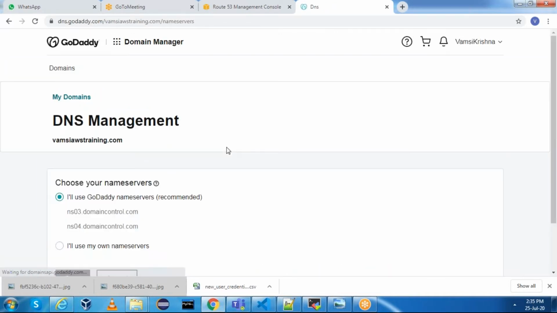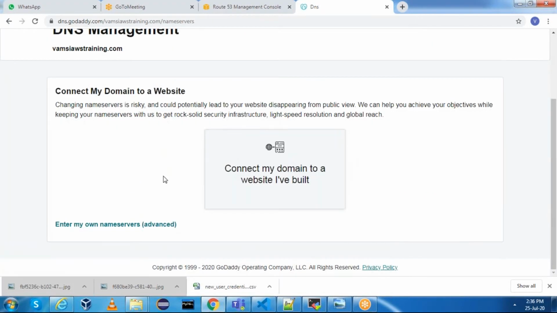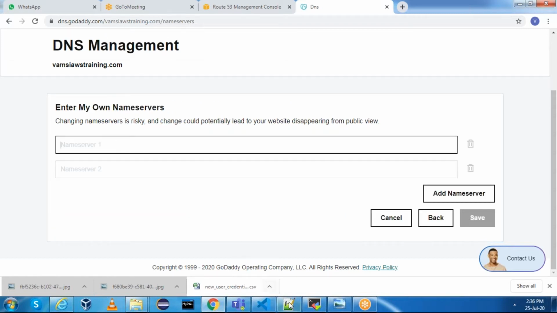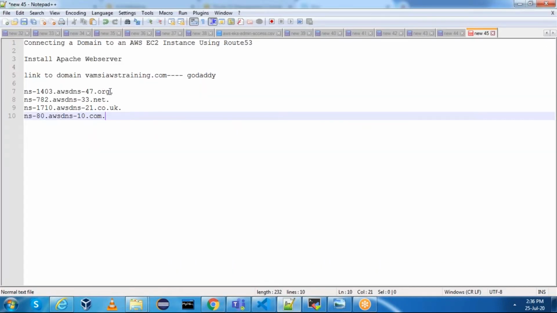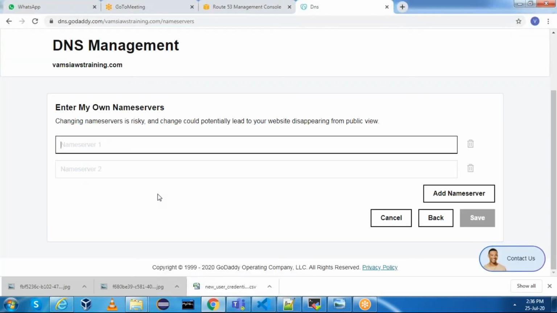Why? Because I want to use my AWS Route 53 name servers. Okay. You can select enter my own name servers. Okay. And you can enter one by one. First one for .org. This is a name server.